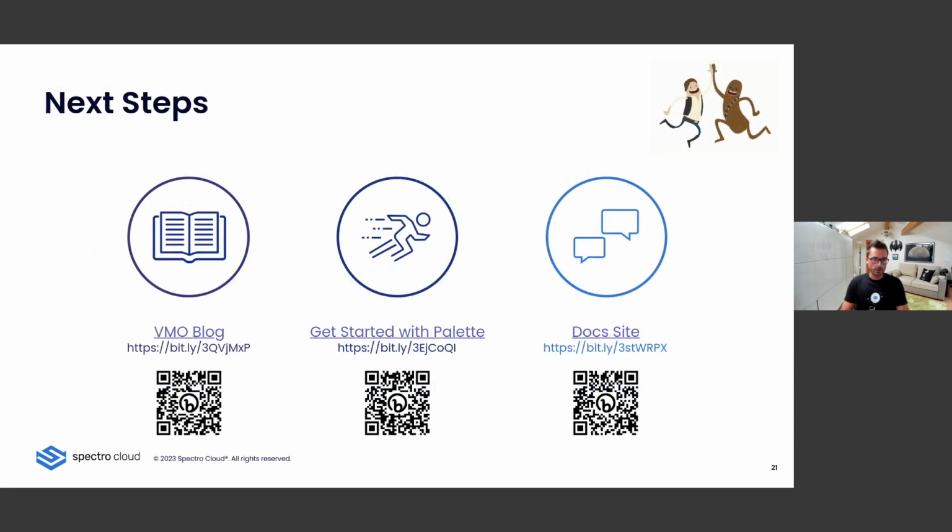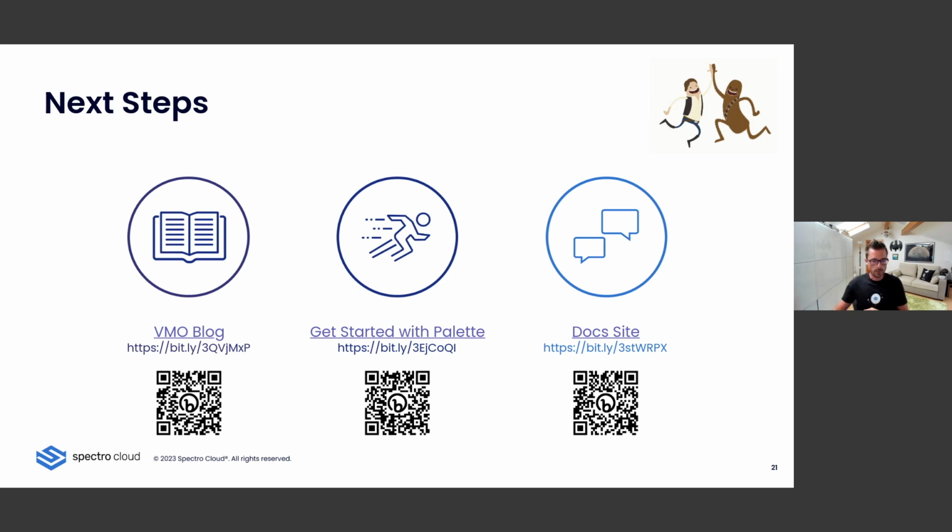In terms of next steps, and that's my last slide, I encourage you to take these 3 actions. So I wrote a blog post. You can scan the QR code, or you can just access the bit.ly URL, to explain more about KubeVirt and VMO and what I just went through in 30 minutes. You can also get started with Palette, and we have completely documented the VMO feature in our doc site. It explains everything from the concept of the pack and how you add the profile to your existing clusters, how you create a template, performances, and so on.